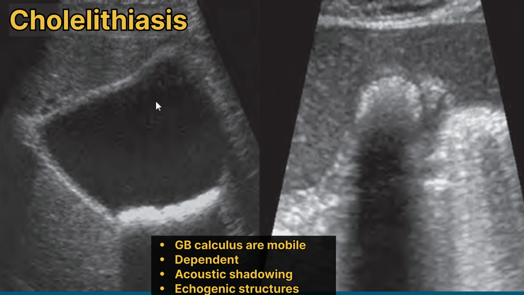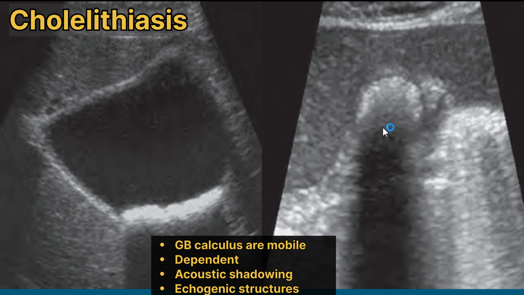And this gallbladder lumen is partially distended. And in this sonogram, we can see that the gallbladder is contracted and showing a large calculus that is echogenic, and it is showing a prominent acoustic shadowing, and it is present immediately adjacent to the gas filled bowel loops, which is showing the dirty shadowing.